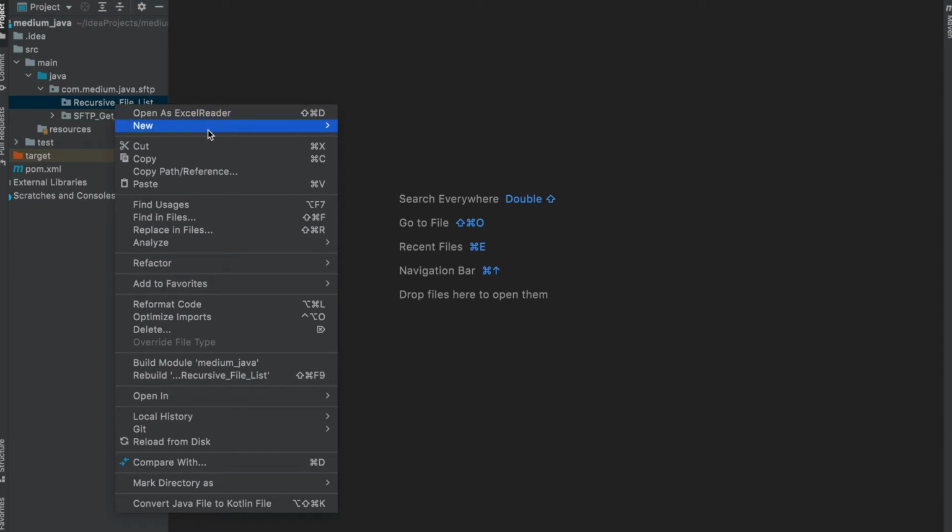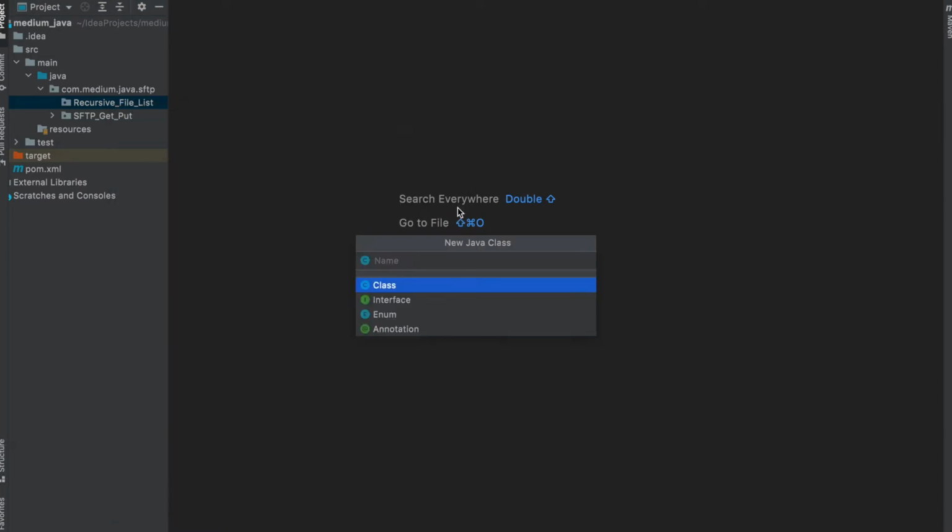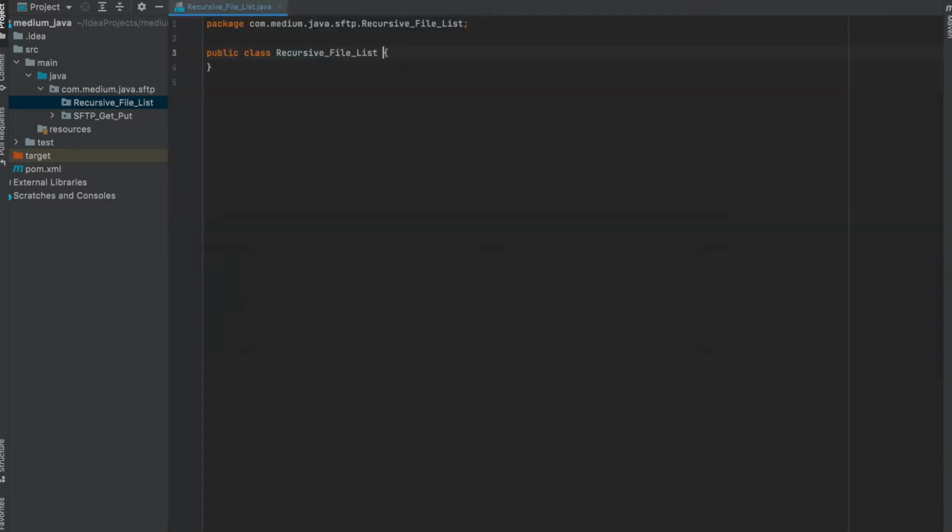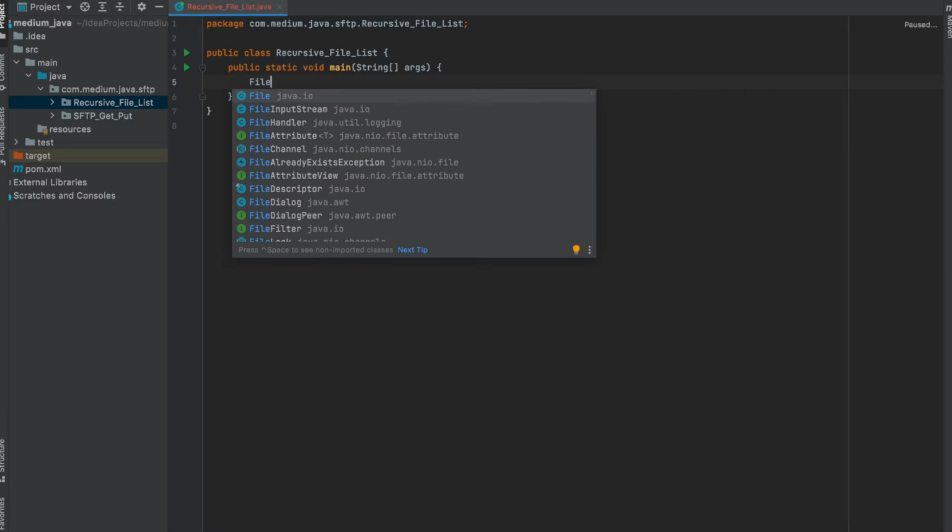So I will create a new Java class and let's call it recursive file list. And initiate a main inside our class, and the first step is to provide the parent directory path to our code.